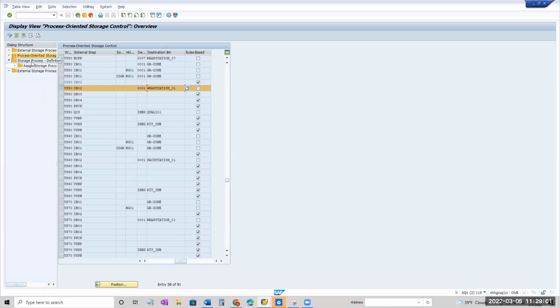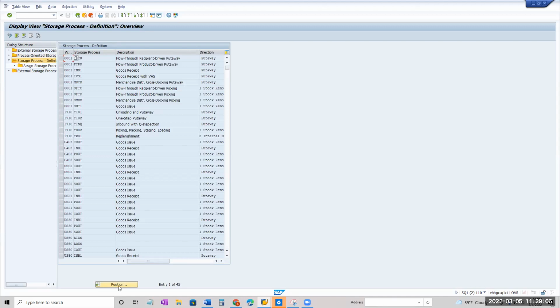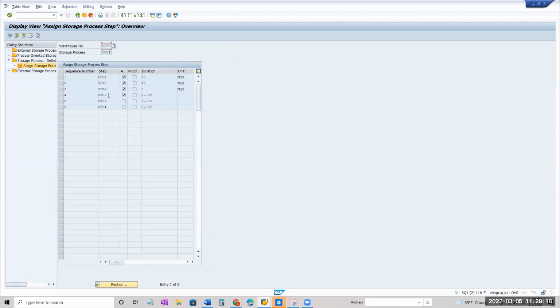Even if I go to the storage process, show me that. Yeah, the storage process, this one. P out, I think. Correct. So here we have this OB02 automatic, right? Is it going to VSBP first?